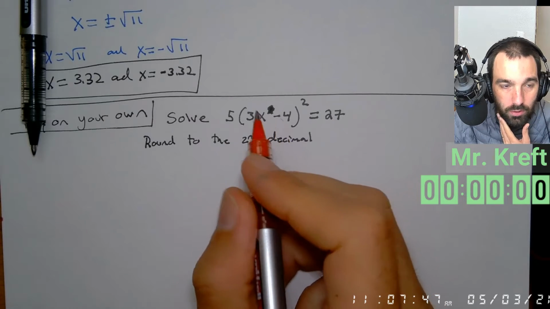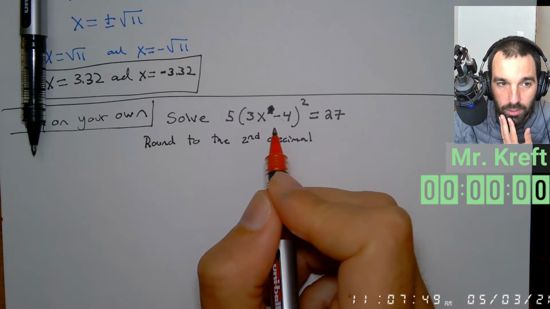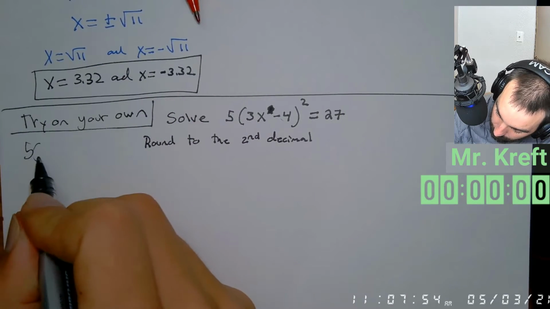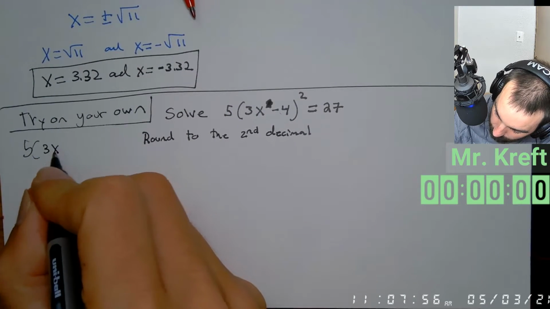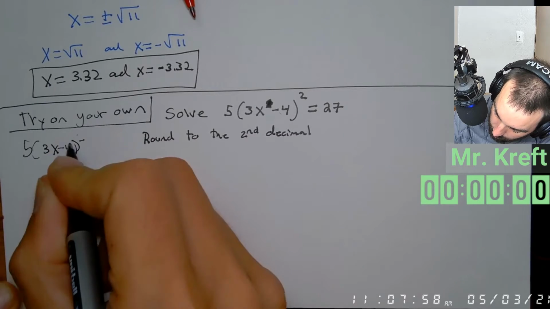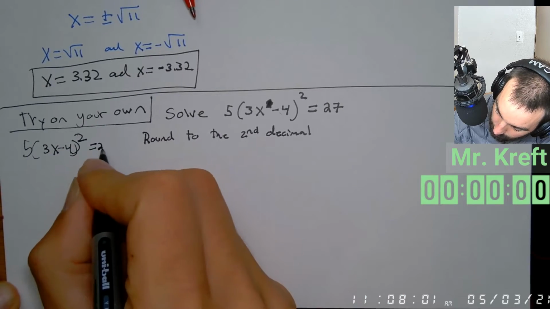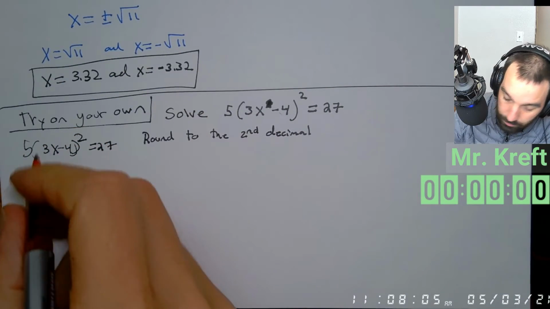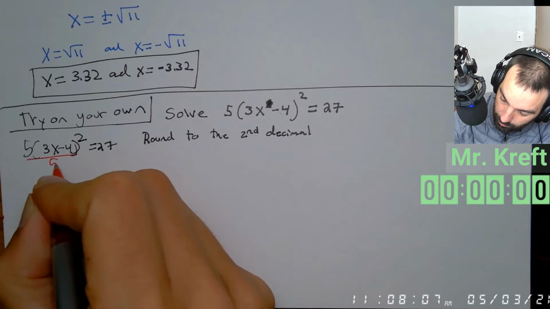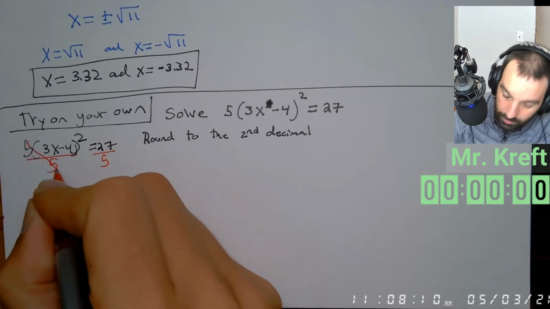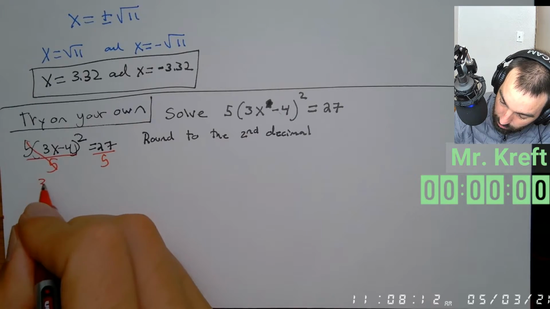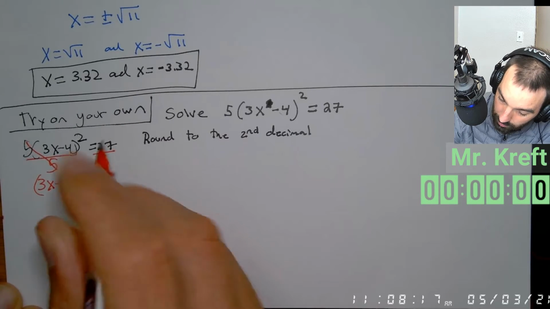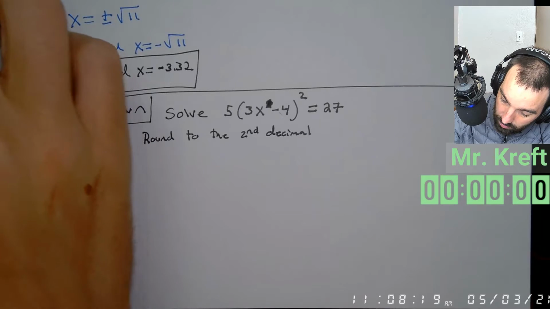So this one looks a little bit different than our last one because we have stuff inside the square. So I'm just going to rewrite it over here. I'm going to have 5 times the quantity of 3x minus 4, all that squared, equals 27. So the first thing I want to do is get the squared term by itself. So I'm going to go ahead and divide both sides by 5. Okay, like that. I'm going to get 3x minus 4 quantity squared equals, now 27 divided by 5 is not